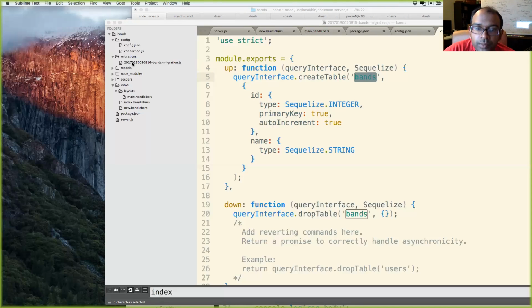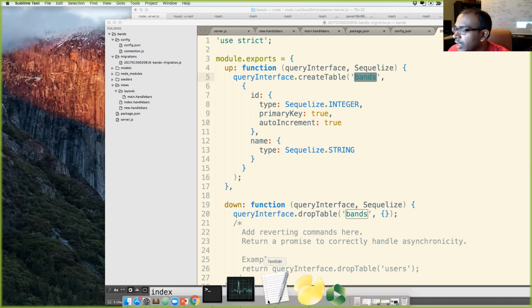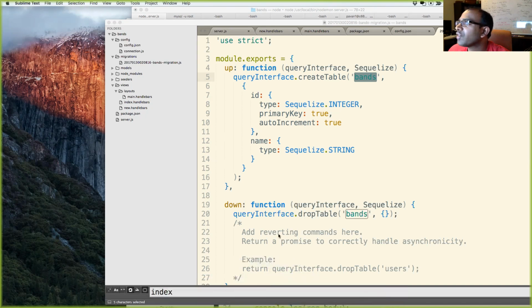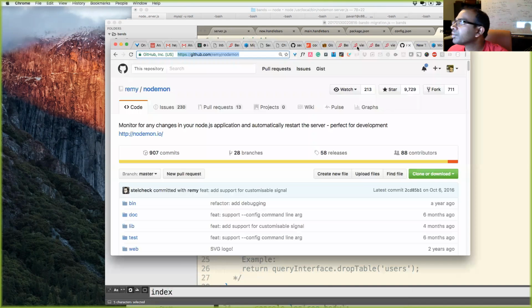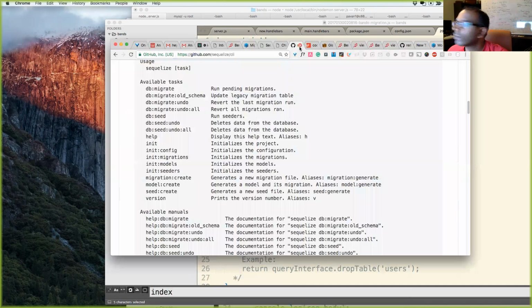So we changed the schema. We had to create a new migration file to match the change, right? Like suppose I add a new column. Yeah, if you were to do that, you would make a new migration file. So you could do sequelize db. I forget the command off the top of my head, but it was over there in the documentation. So if I go over here, can everyone still see? Yeah, everyone can still see my screen.